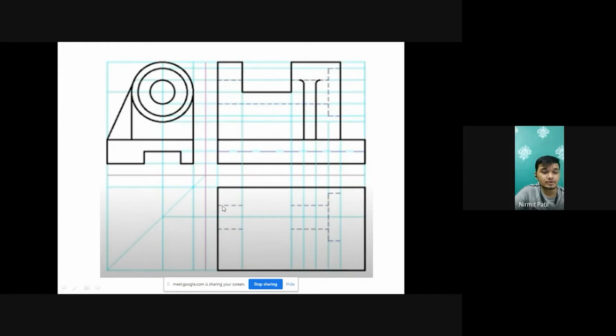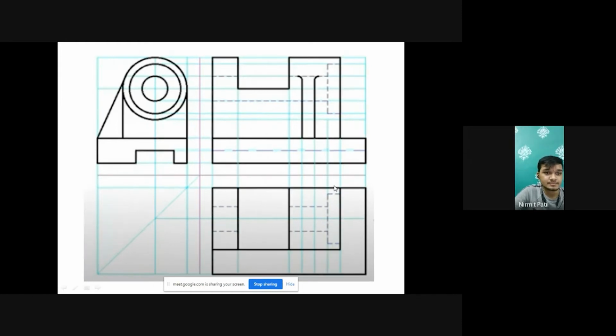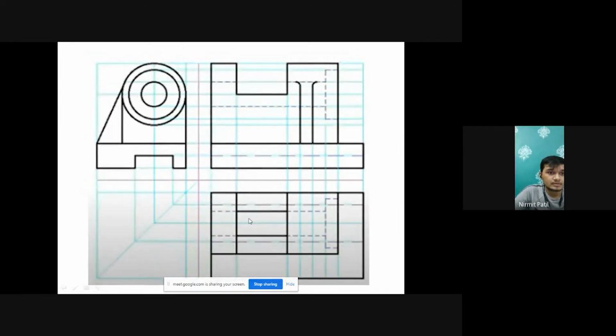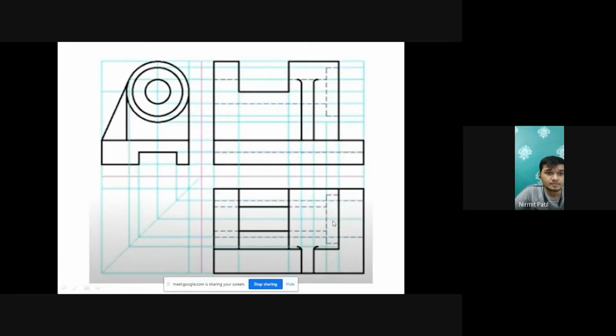Referring to the question, we have to draw the hidden lines. Now at a distance of 20 mm, we have to draw another line which is of length 100 mm. With the help of the projection lines, we have to complete the structure and draw these lines which are of 40 mm respectively. Now we have to complete the hidden lines which are visible in the top view. Now taking projections from the front view again, we have completed the hidden lines in the top view.